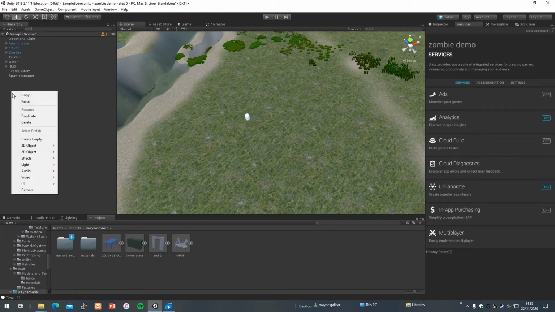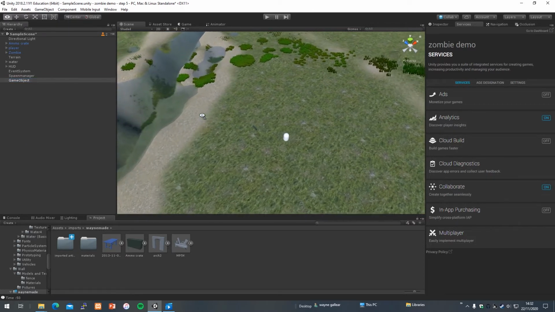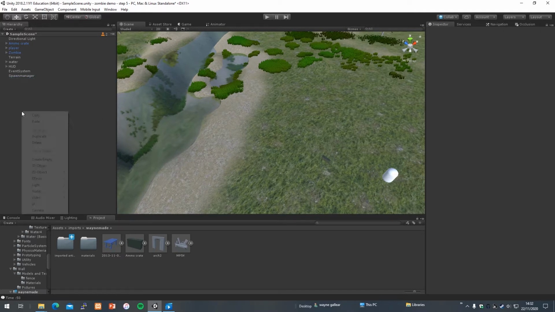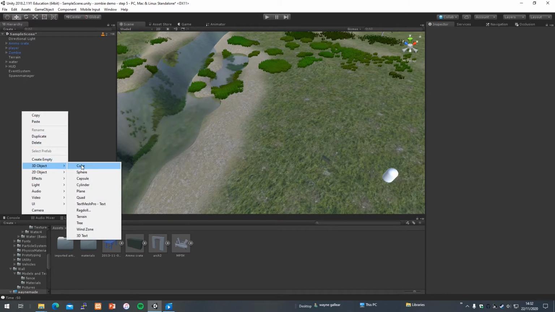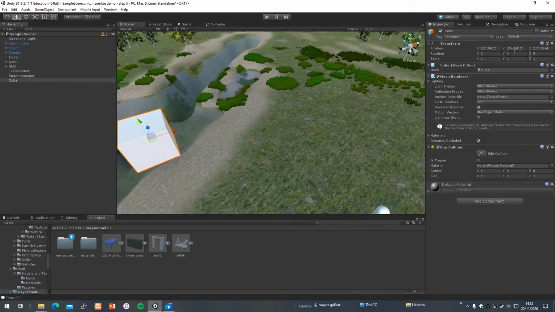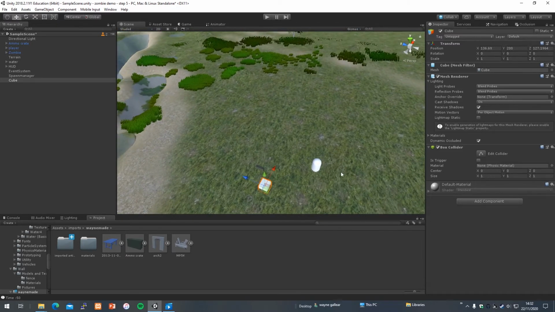I'm going to make a wall now, so I'll show you how I make a wall. Just clear the environment. I'm not going to create an empty game object, sorry about that. All I'm going to do is create a 3D object, a cube. I know the floor is 200, that's the height. Let's put it up here. I want my wall to be about